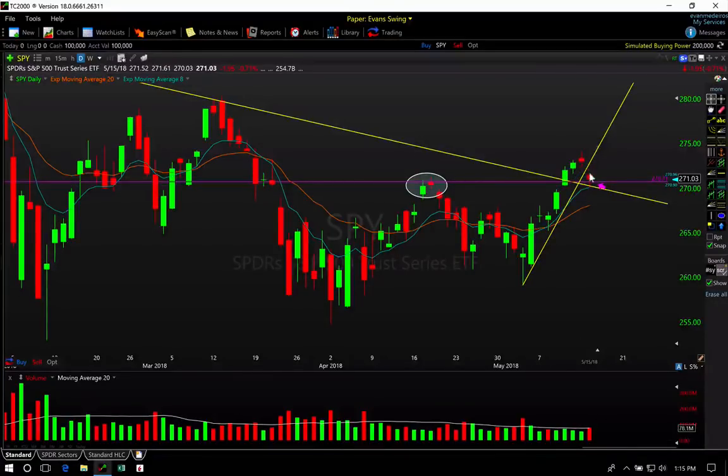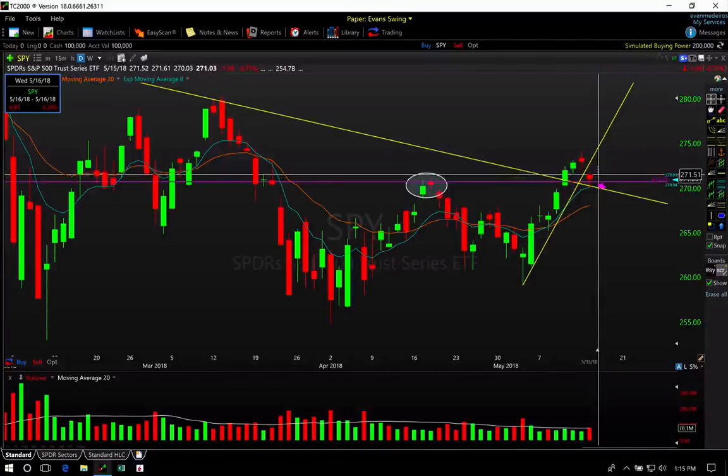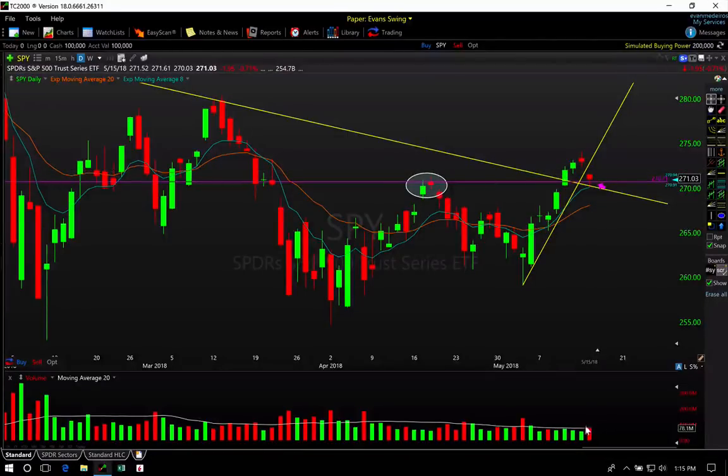When we talked about a potential pullback, which is entirely reasonable given that we moved higher for about eight or so days in a row, we like to see those pullbacks happen on lower volume. We don't like them to come with big gaps on the open. We like to see just a very methodical, slower pullback to test some of these upper level support areas. Today came with a sharp gap down. We still have an open gap. We didn't really get to attempt to close this morning's gap at all today, and it is coming on slightly higher volume. So that isn't the ideal scenario on a pullback,